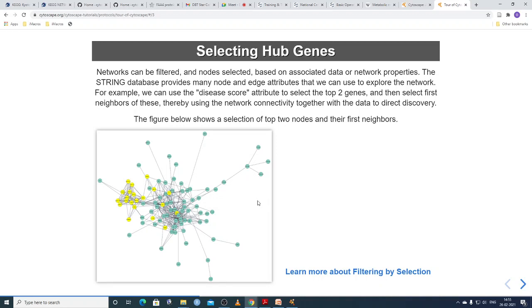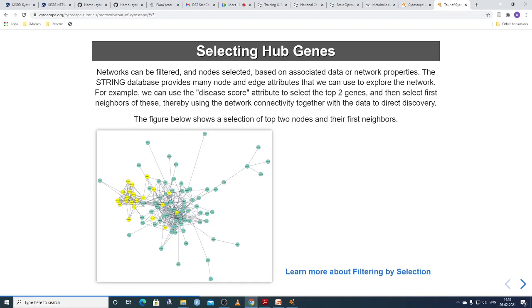The network can be filtered, and nodes can be selected based on associated data or network properties. The STRING database provides many node and edge attributes that can be used to explore the network. So we have different nodes and edges. If you select particular nodes, you can analyze that particular network.